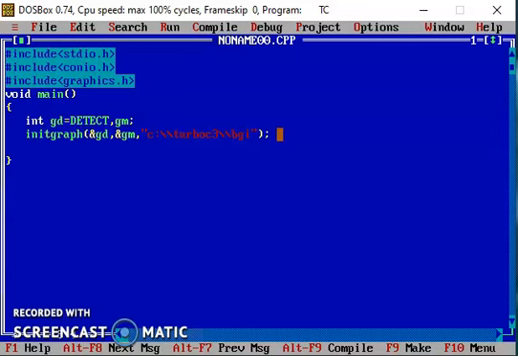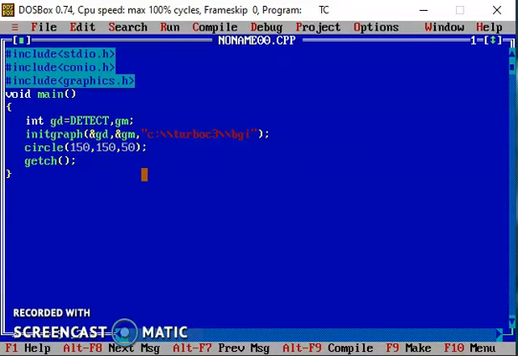Now we are ready to call the graphics functions, as we have entered the graphics mode successfully. Then I am using the circle function here to draw a circle. There are three parameters to the circle function. One is the center point. For the center we need to give an x value and a y value, so two values: x coordinate as 150, y coordinate as 150, and third is the radius. I am giving 50 pixels as the radius, and finally I am closing the program by using the getch function.